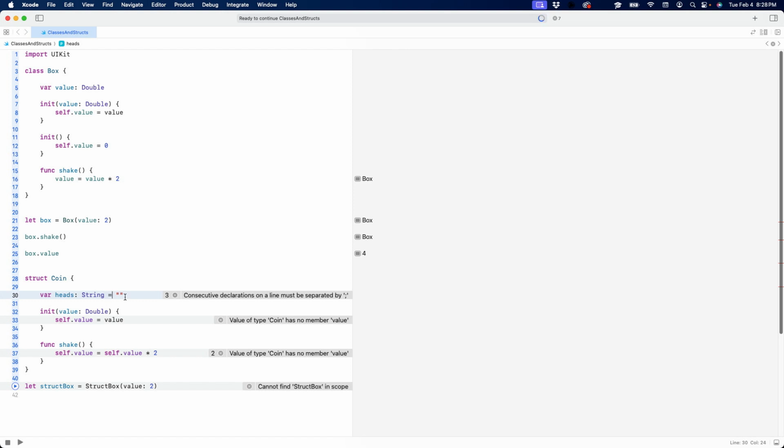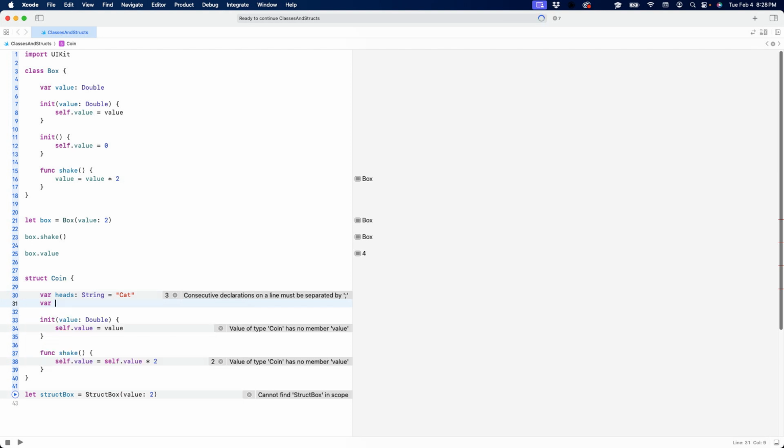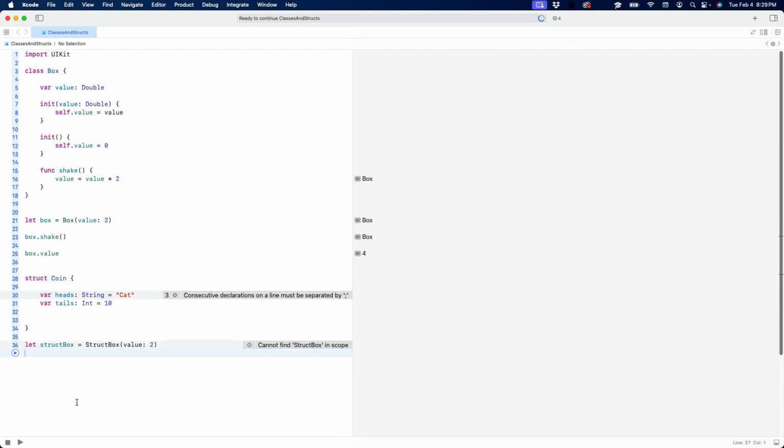Maybe there's a cat on there. And then maybe we have tails, and that is often some sort of a value. Maybe this one is 10 cents. So, I don't want string, I want integer. Okay, so if we have a coin, this coin has a head side, it has a tail side, and